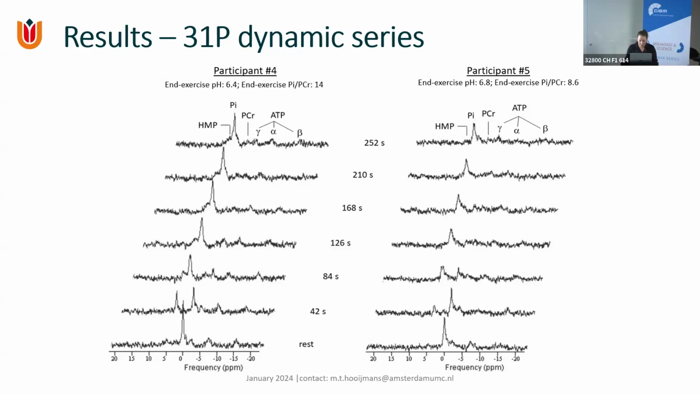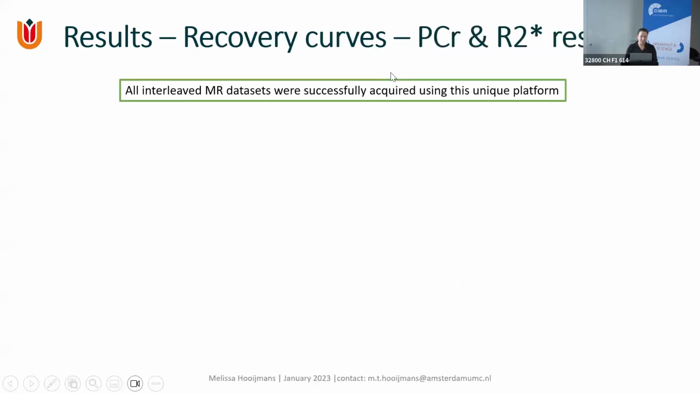So you really see that here phosphocreatine is almost completely gone. The Pi is very present, and here you still see a tiny bit of PCr left and a little less Pi. Then you can also look in more detail at how all those parameters recover after exercise. We were very happy that we could generate good quality data sets using this interleaved acquisition and the specific